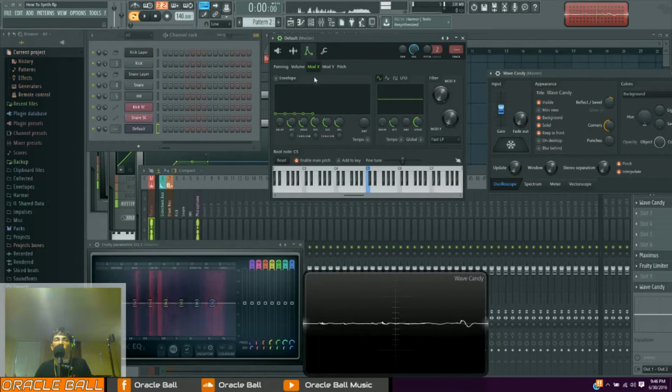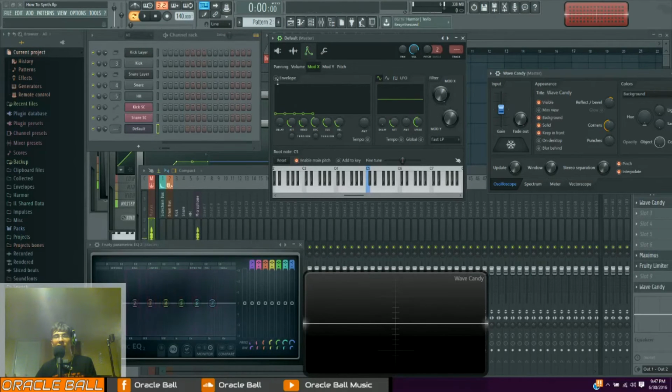And to do something cool, as you can see, each window besides panning has an envelope and an LFO. I'm going to start with the envelope because that's a little bit more complicated than the LFO. An LFO stands for low frequency oscillator, and we'll get into that later. But to do really cool things with the envelopes, I'm going to start with the more complicated one, which